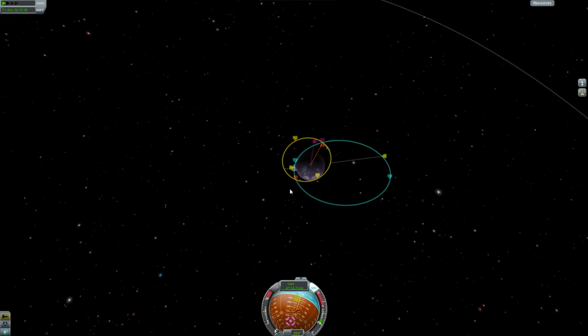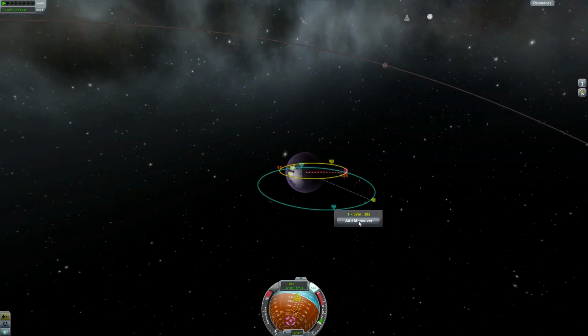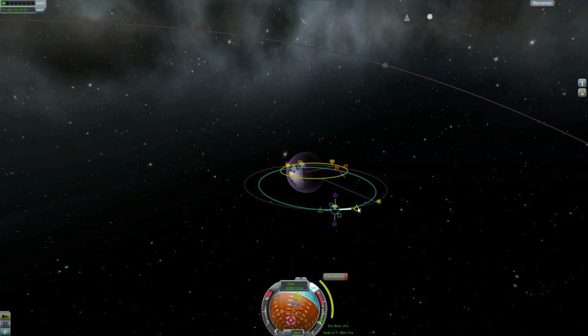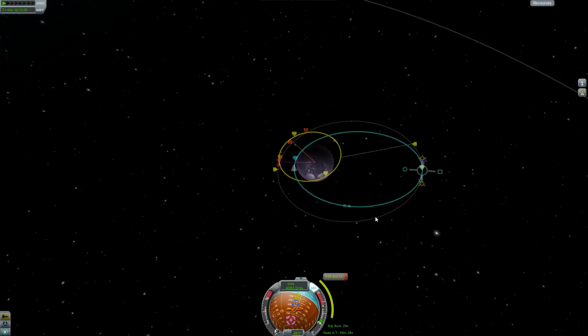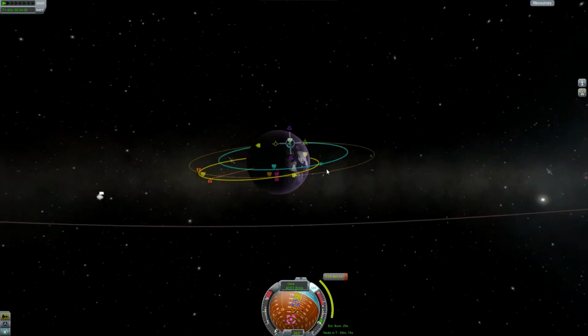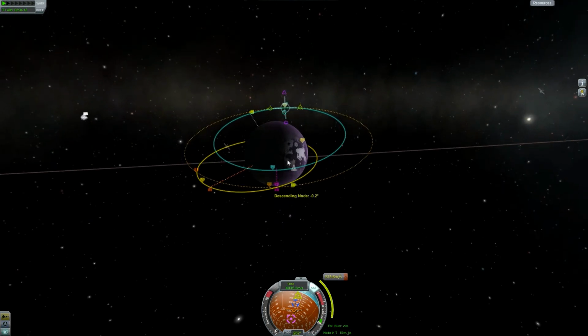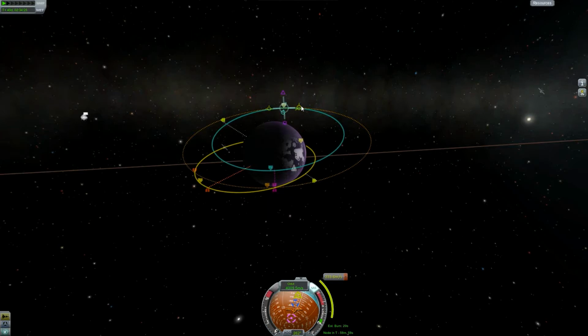Okay, I think now I should start planning my maneuvers. When I'm getting out here and I do a burn, then I will be able to have a separation of 4.2 kilometers. I think this is good. I think this is really a good idea. So let me just check out 4.9. It's not getting better. Can I...